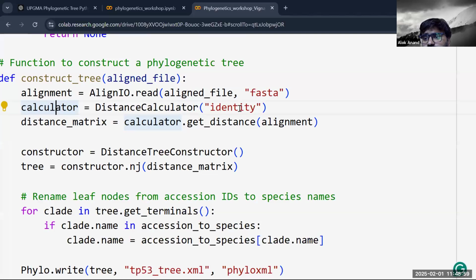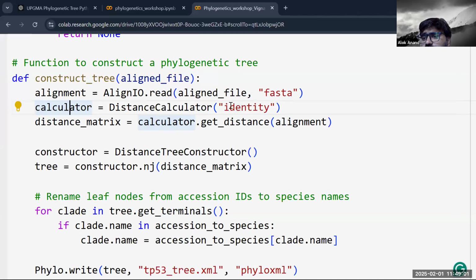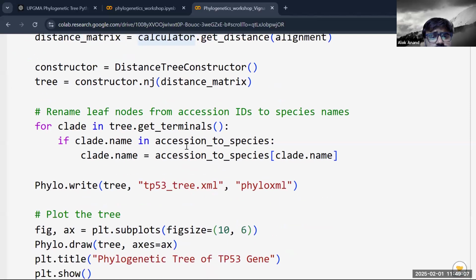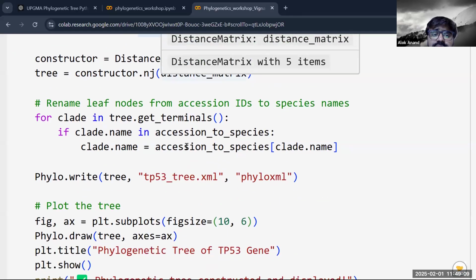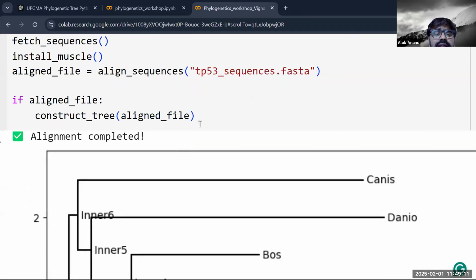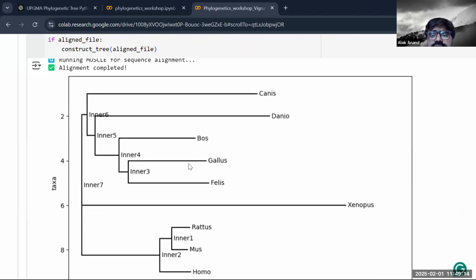So identity matrix is going to be used. I can change it for PAM 250. I can change it for BLOSUM 62 and others, and I might get a different tree. I'm not saying that I will get. Okay, and now you see that it has done the task, and now you can see that